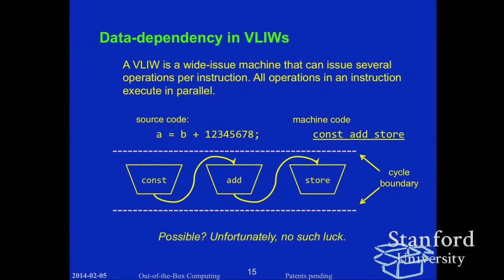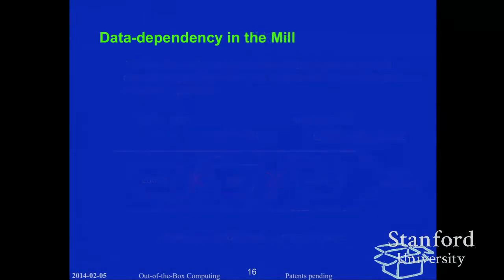But unfortunately, you can't do that. The whole cycle is taken up by the const, and the whole cycle is taken up by the add, and arrows don't go upwards in data flow. They only go downwards. So anytime you see an arrow going upward, that means that this is something that is physically impossible. Those paths are impossible. So what do you do? The VLIW is going to have to take 3 cycles,